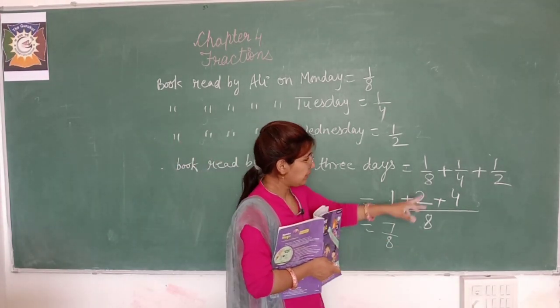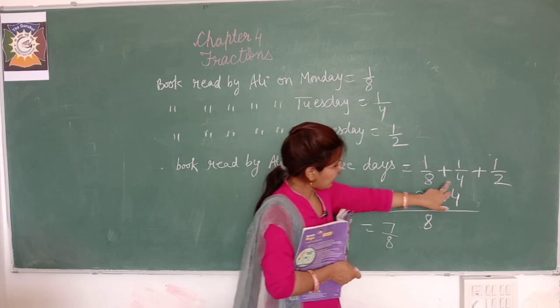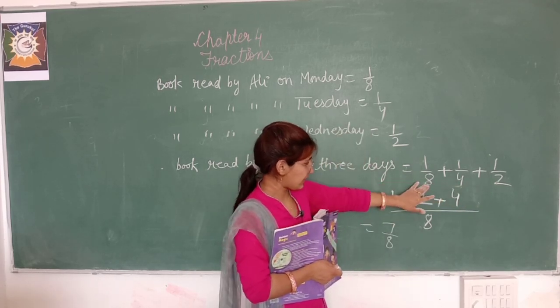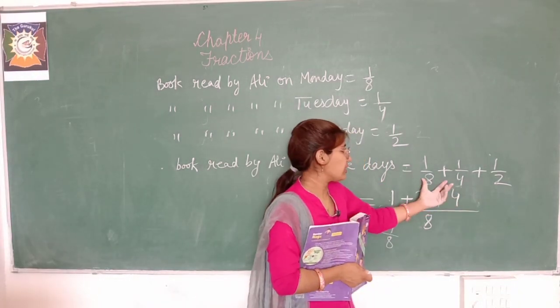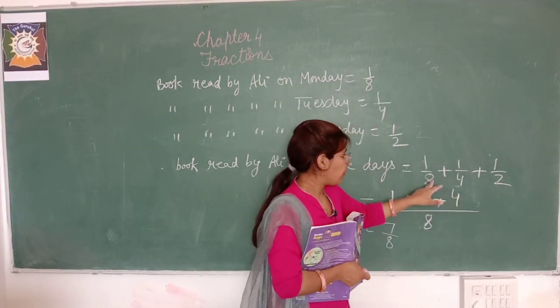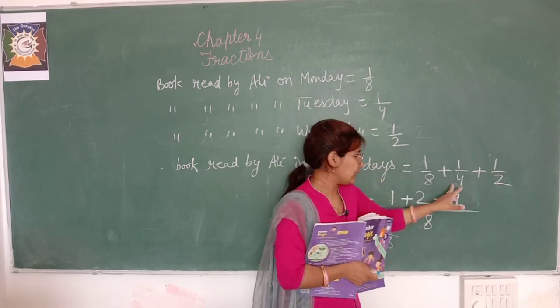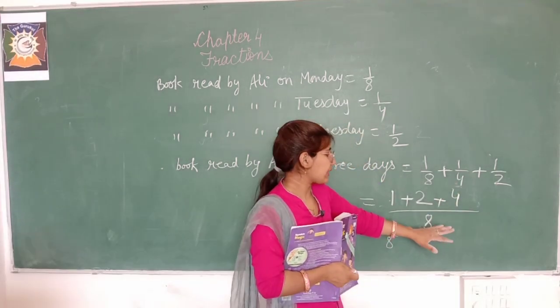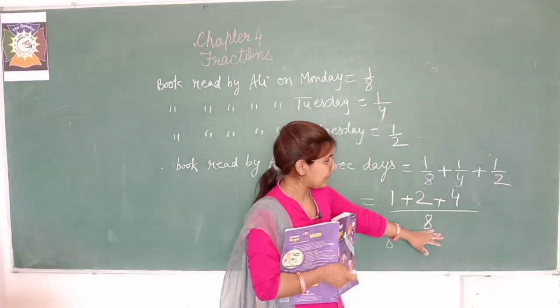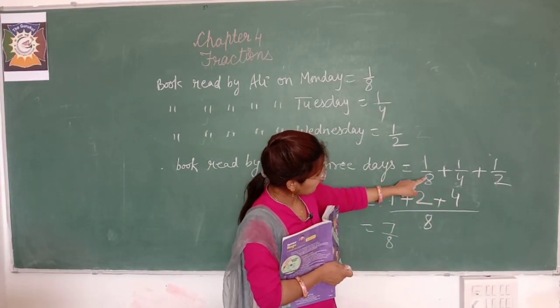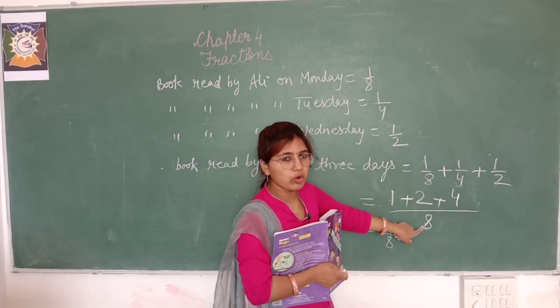But what have we done here? We have added all these 3 fractions, and these 3 fractions are unlike fractions because the denominators are different. So we calculate the LCM of these 3 denominators, that is our 8. After calculating the LCM, we write the LCM as our common denominator. After this, what we have done,